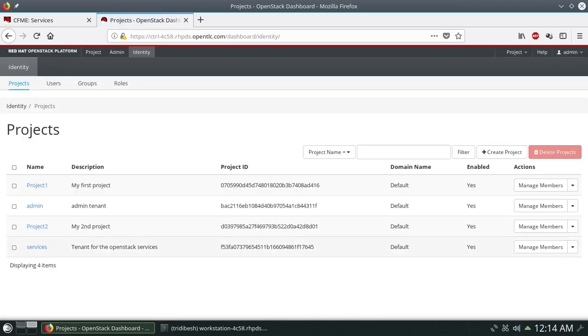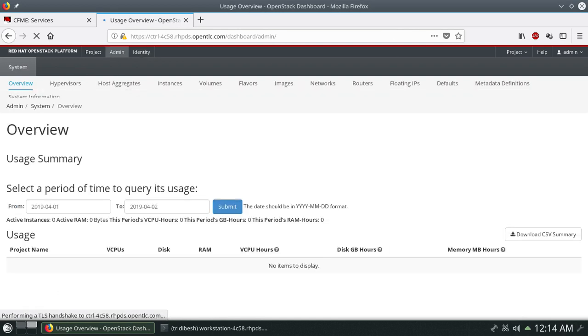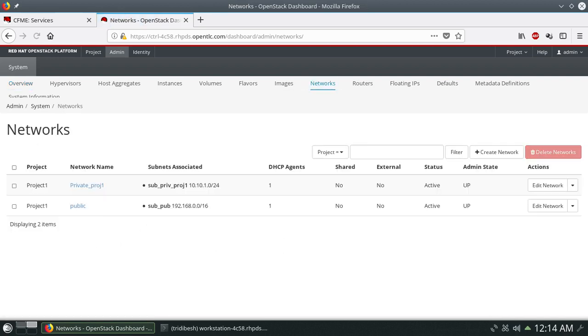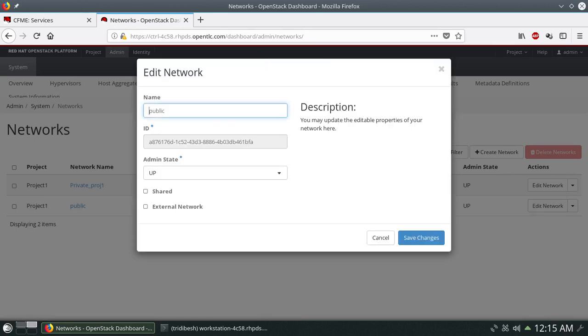As you can see, I'm logged in as admin. Now click on Admin, and here you go to Networks. You will be able to see both the public and private networks for project 1. In the public network, click on edit network, and here you check shared and external network.